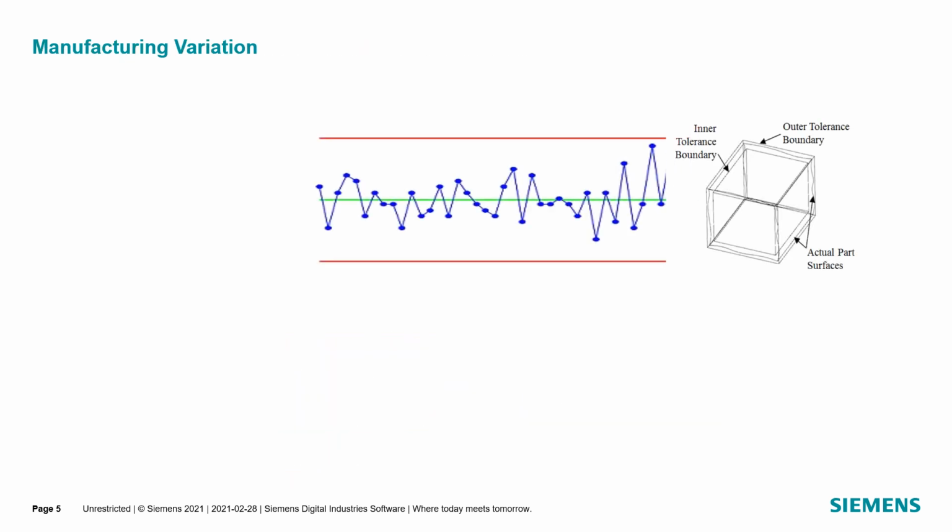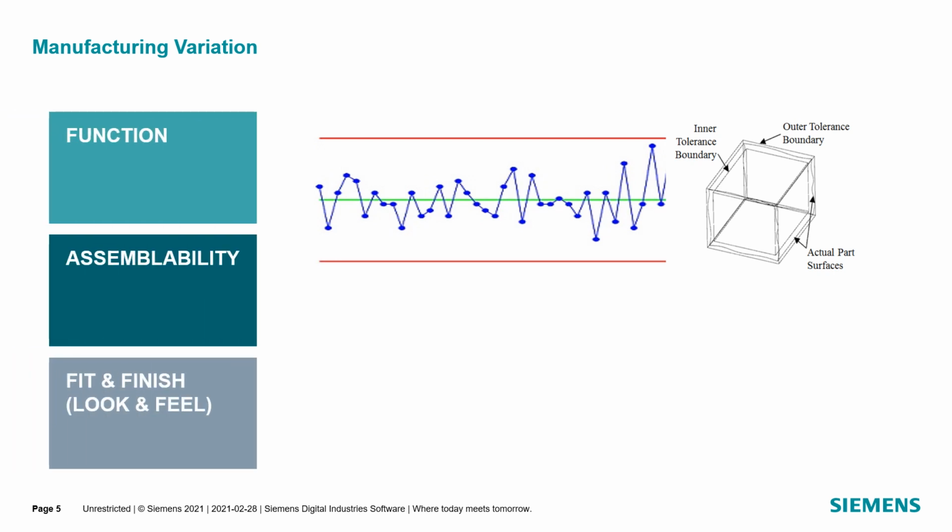As you can see, both stories have to do with a problem called manufacturing variation, also known as dimensional variation due to manufacturing. It is the deviation between the physical piece and its digital design. Manufacturing variation can directly impact a product's quality in its function, assembly process and appearance, often causing scrap, rework, production